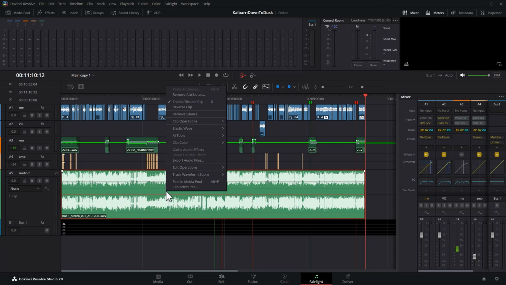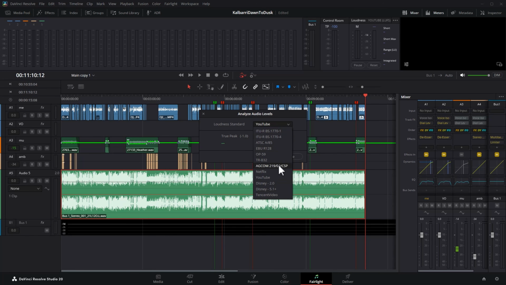Right click on this new clip, choose Clip Operations and choose Analyze Audio Levels. And you can choose the loudness standard you want to check. If you're delivering to YouTube, you can select YouTube and click Analyze. These presets will set what you should have for true peak and integrated loudness. You can see both of these are yellow, which means we're in the right area and our video is probably